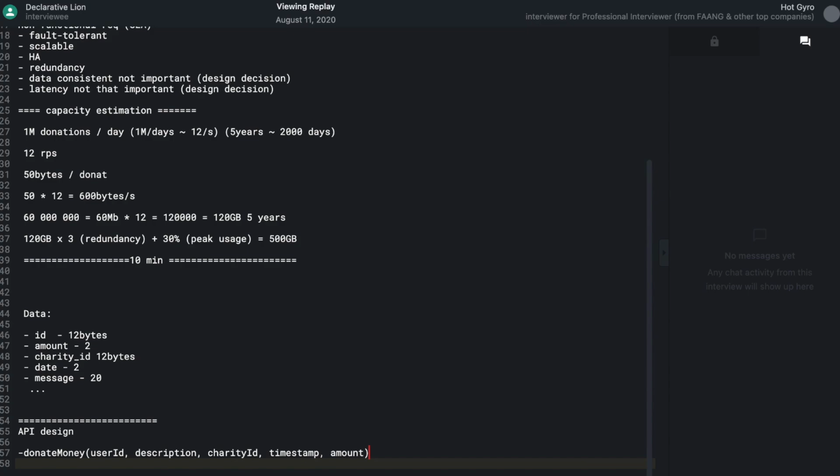Now, the important part about this is, do you want to make this an asynchronous or synchronous call? You need to explain what it means and explain why you pick one or the other. So asynchronous here means that when I click donate money, I don't care whether this request is successful or not, but I can get an ID back and say, okay, my request has been acknowledged. It's now up to the system to go and process it and then tell me later on what happened. That's sort of the asynchronous approach.